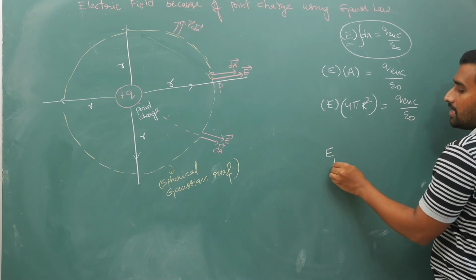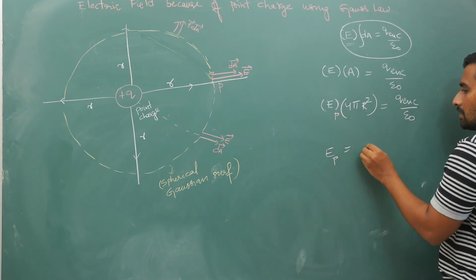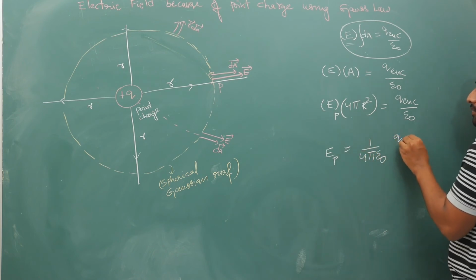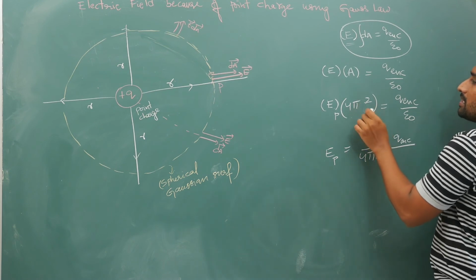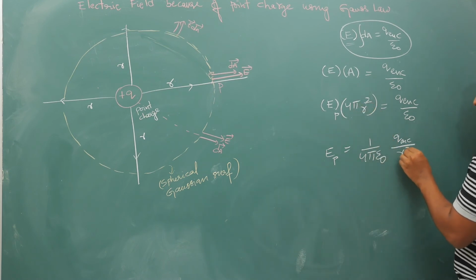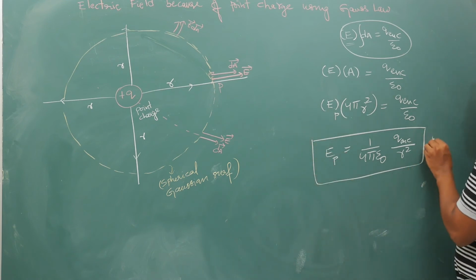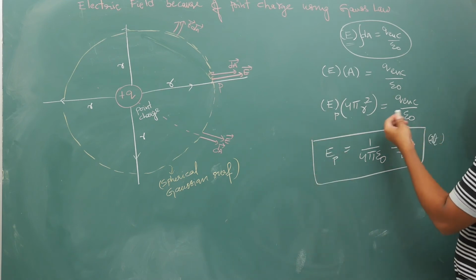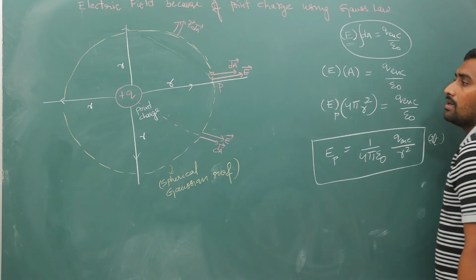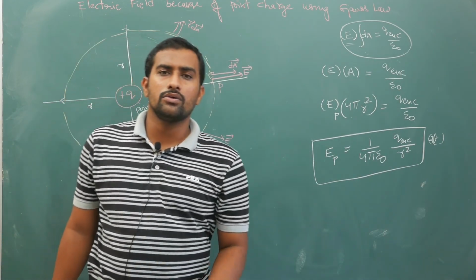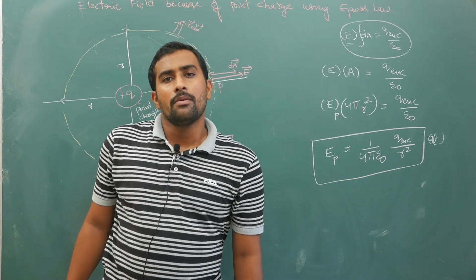Your electric field at that point P is 1 by 4 pi epsilon naught Q enclosed by that sphere's radius. I have taken it as small r, so I will take small r square, and its direction is towards right or away, depending upon whichever point you take. Now here I have explained very clearly that you will define your electric field at a point.